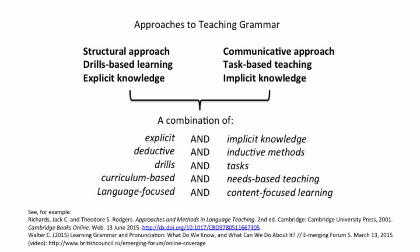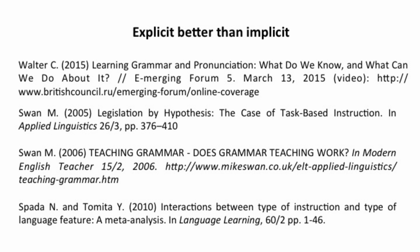Moreover, several researchers have come to the conclusion that explicit knowledge of grammar proves to be a more sound base than implicit, that integrating grammar in a task is not necessary and does not lead to better linguistic performance. While these conclusions refer to language learning in general, some additional problems come to the fore when English for specific